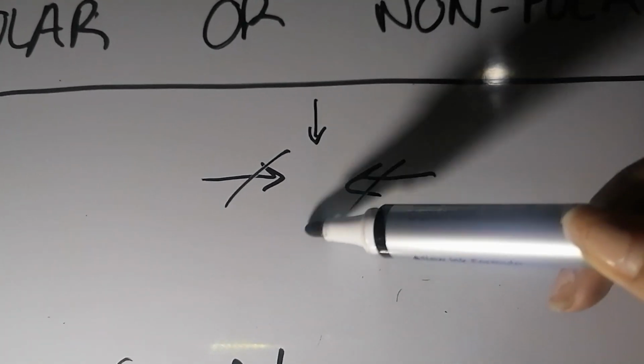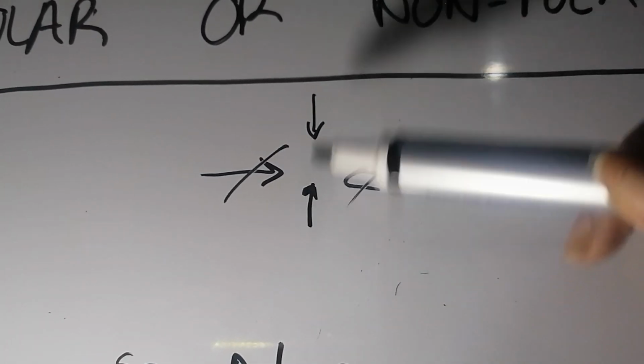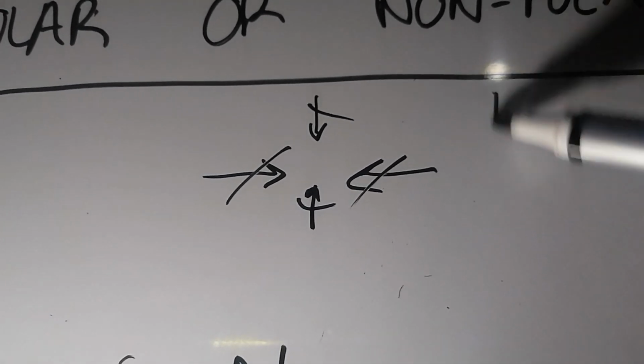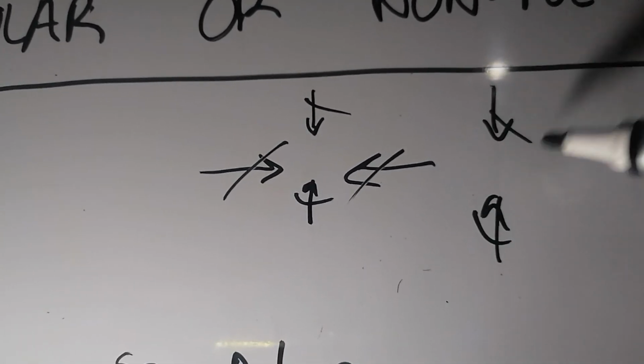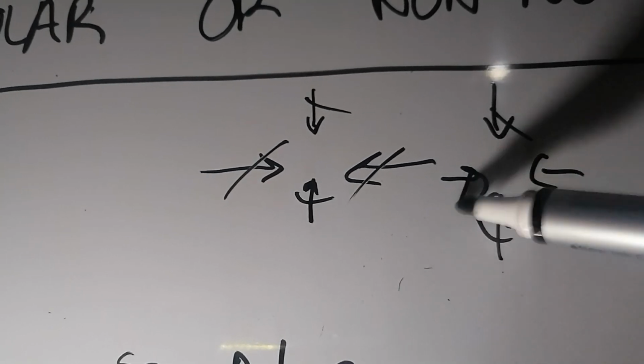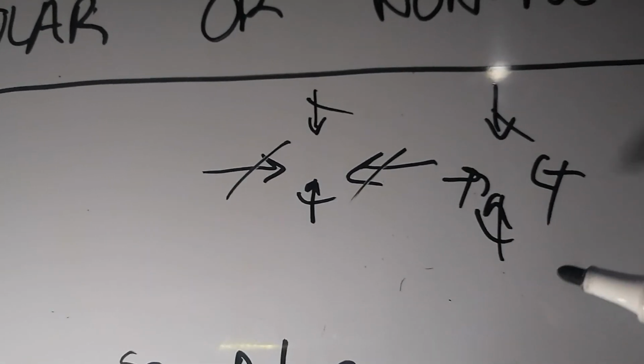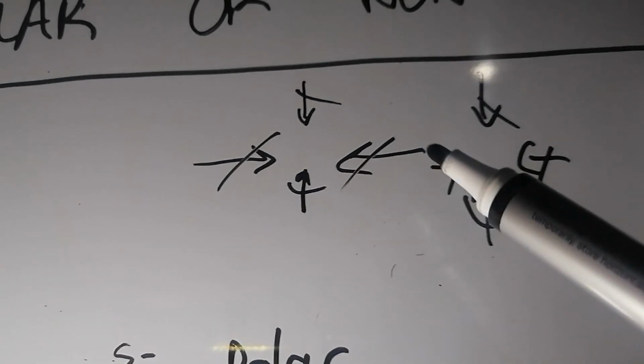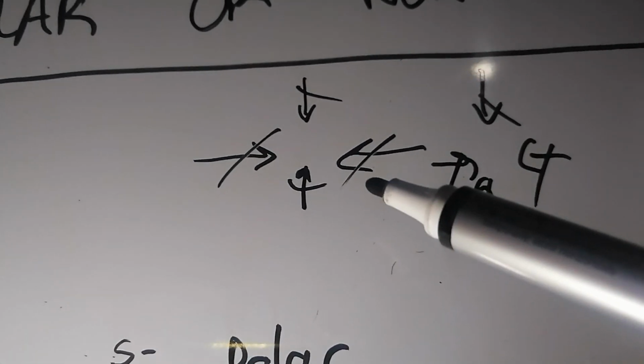Same thing goes for here. They're acting in opposite directions but on the same side, so they cancel each other off. Remember, they must be on the same plane. A vertical will cancel off with a vertical and a horizontal will cancel off with a horizontal, right? No other way. When they all cancel off like this and there are no arrows left, that's called balanced, which is